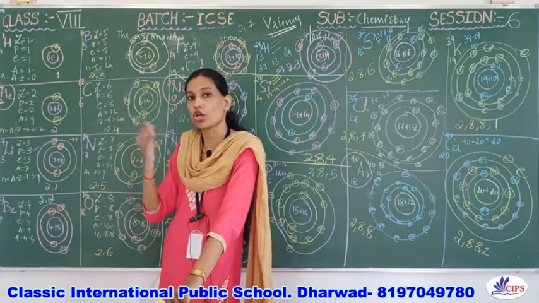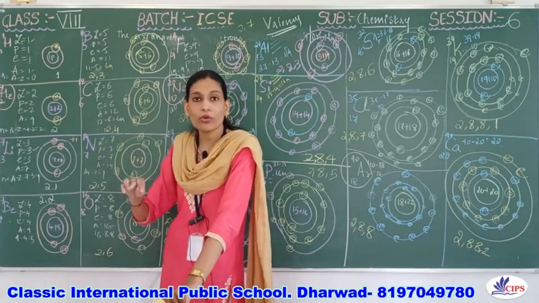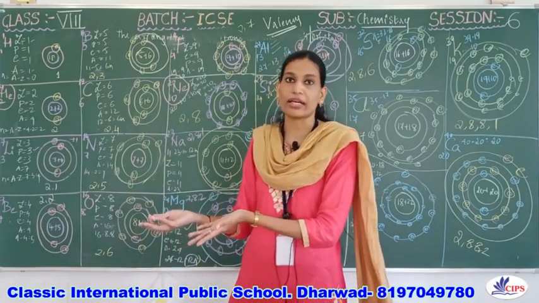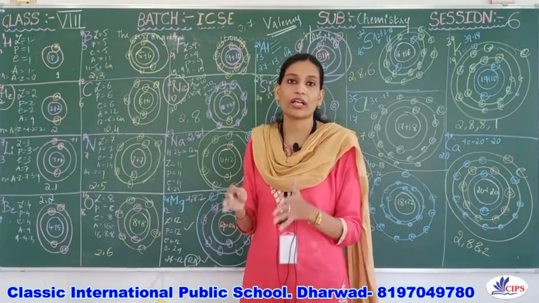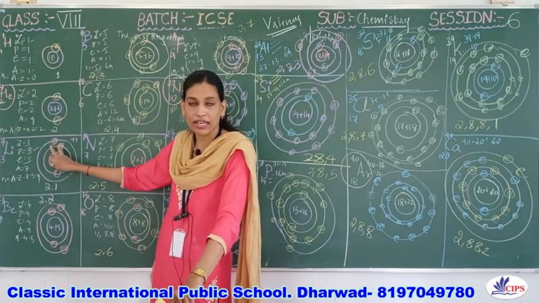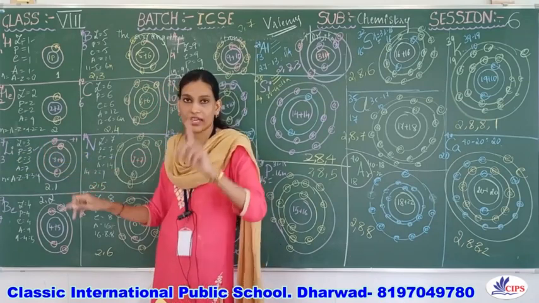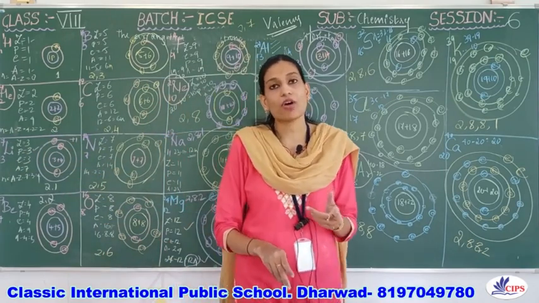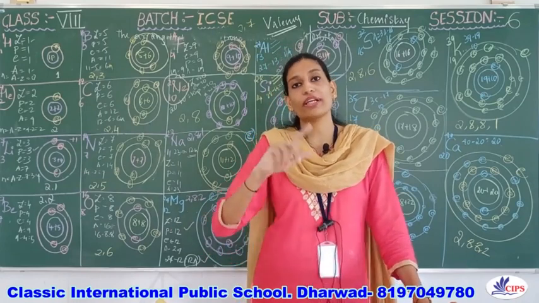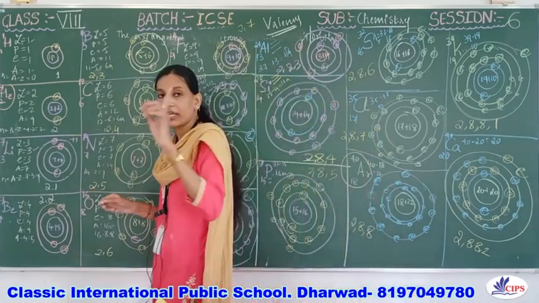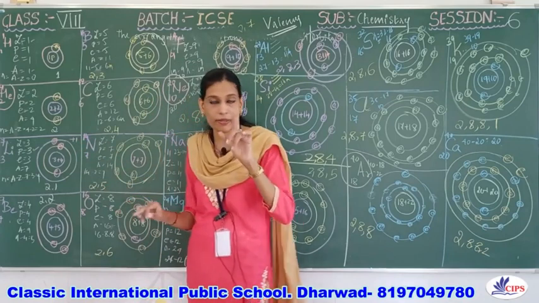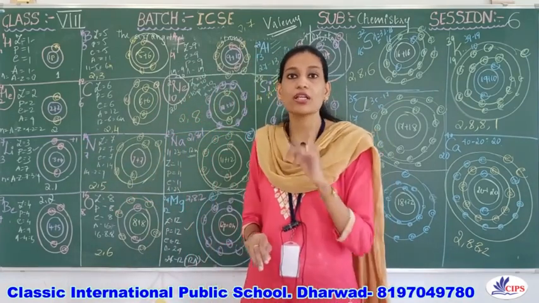How many electrons are less or more? What will those electrons do? To attain the nearest noble gas configuration, they will either lose electrons or gain electrons to become stable. So in the lithium case, how many valence electrons are there? 1 valence electron is there. Therefore, what will lithium do? It will lose its 1 electron. When it loses 1 electron, a charge comes on it. How many electrons have been lost? 1 electron has been lost.